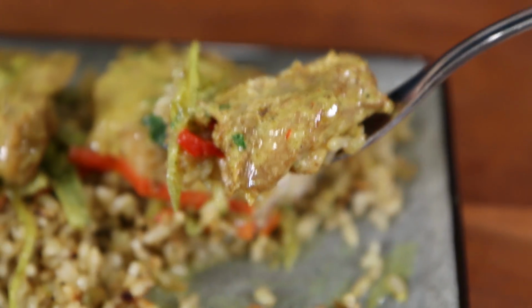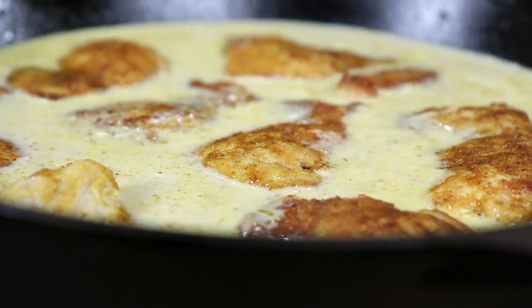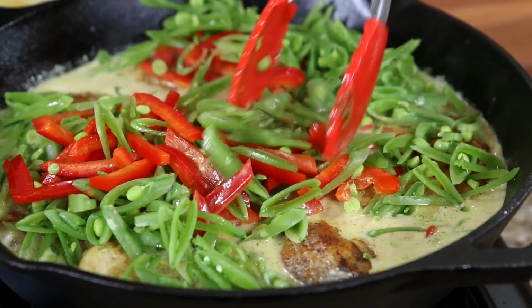Chicken coconut curry. Spice-crusted chicken thighs cooked in coconut milk and loaded with tons of veggies and served with crispy